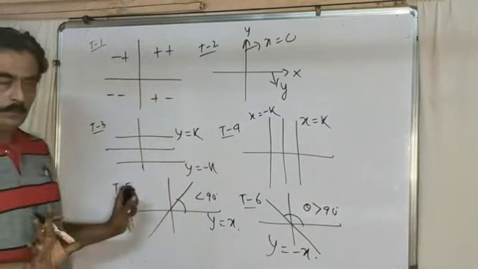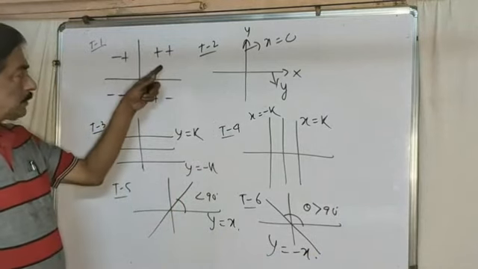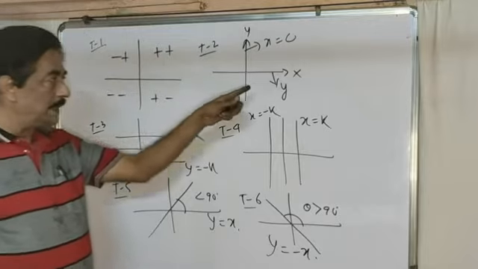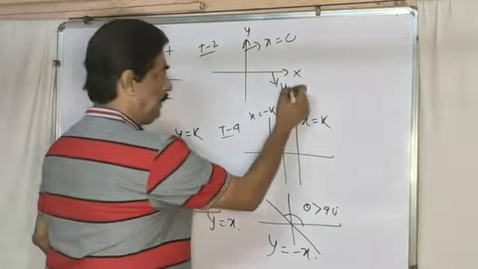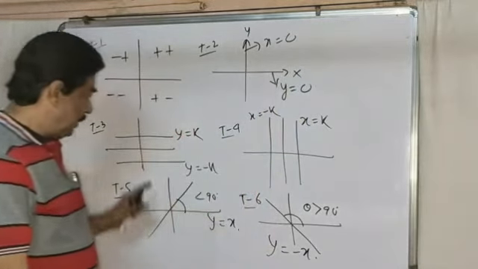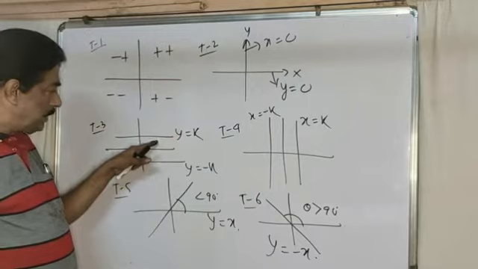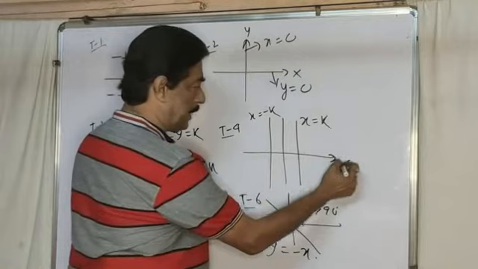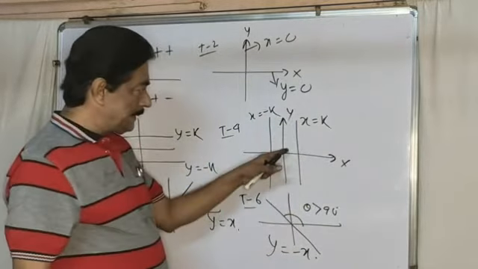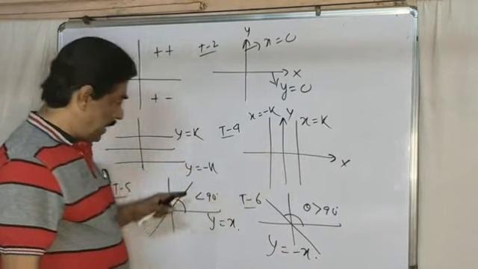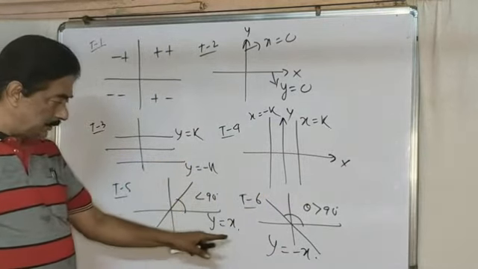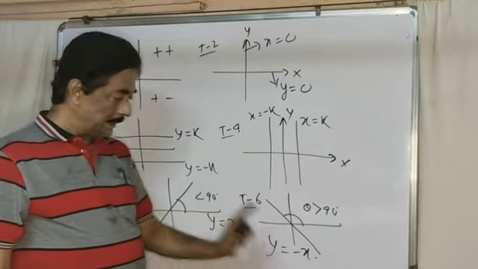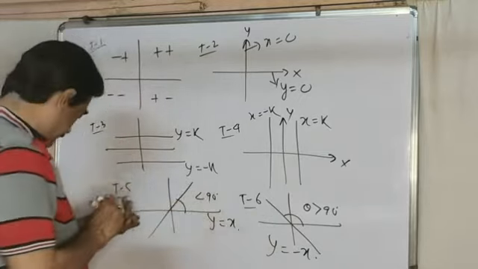Remember from here, everything should be ready. Right side, first coordinate plus plus, minus plus, minus minus, plus minus. Equation of the x-axis y equals 0, equation of the y-axis x equals 0. Line parallel to the x-axis y equals constant, negative side y equals minus constant. Line parallel to the y-axis, these are x and these are y. x equals constant, left side x equals minus constant. The line passing through the origin y equals x when theta is less than 90 degrees. When theta is greater than 90 degrees, y equals minus x. First cases.